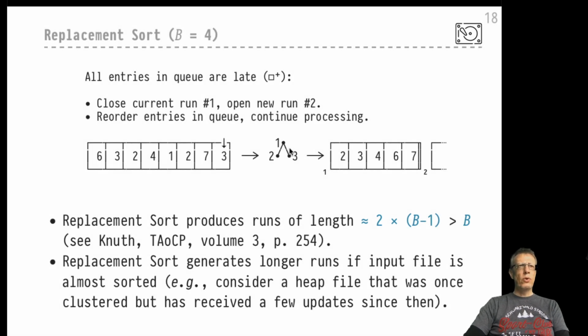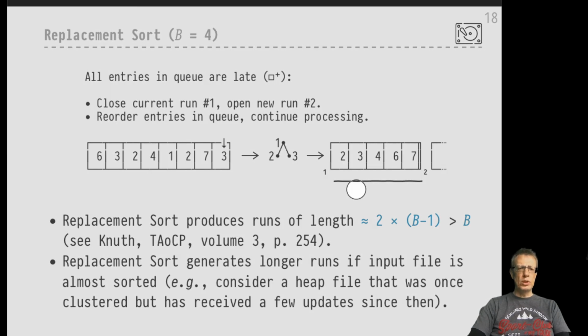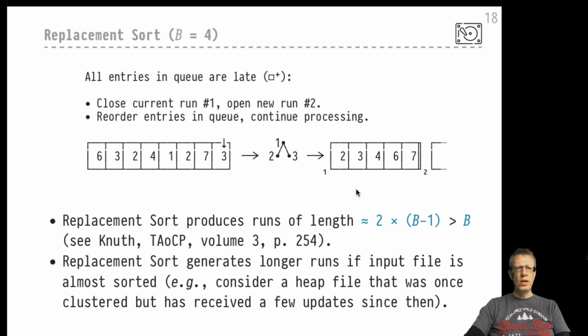Okay, so as you can already see, our B has been 4 in this particular example. The output run that we have created is indeed already larger than B. So the real effect of replacement sort can only be seen if you consider larger B's here, and I can only invite you to try to implement or play with this. I think there will be an assignment that asks you to re-implement a simple version of replacement sort on your own. And then you will see that the length of the output runs that we can create is about 2 times B minus 1, which is of course larger